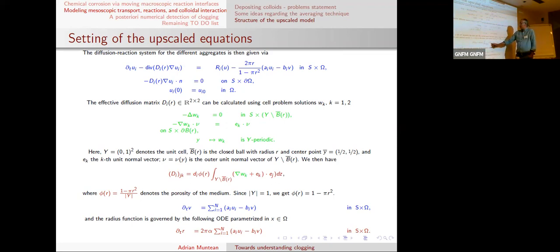These guys are so-called cell problems. These are some local problems, which you do not know before, but the asymptotic theory gives you a way to estimate how the local geometry changes during time, if you want, because time is implicit there. So basically it's a very coupled system, right? You get an equation for the radius. Also, you had it before. So the model is very coupled, but the good news is